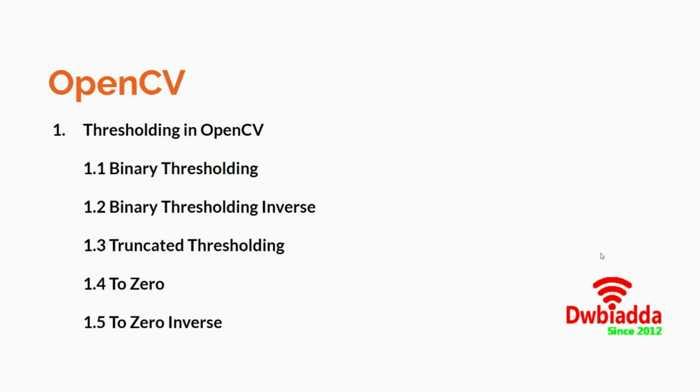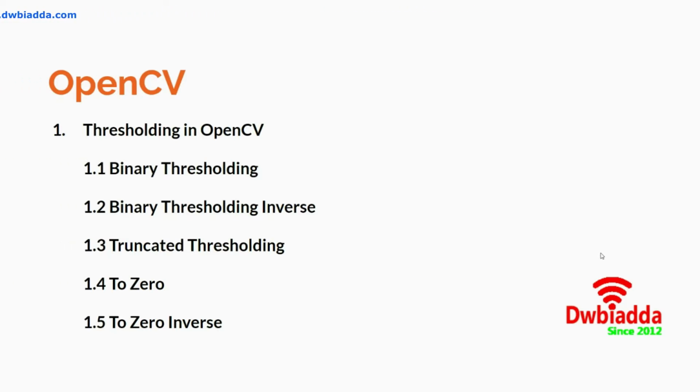Now there are mathematical concepts about how they are derived and how they are different from each other, and what actually happens in all of these. I will quickly give you an idea about how it works, and how binary thresholding is different from the other four. So let's talk about binary thresholding first.